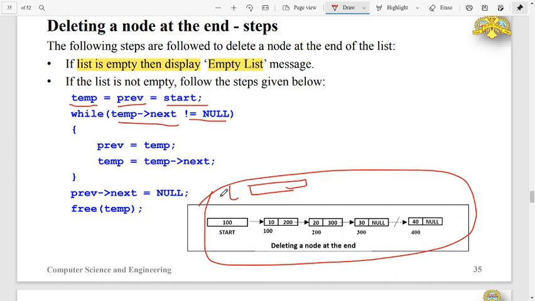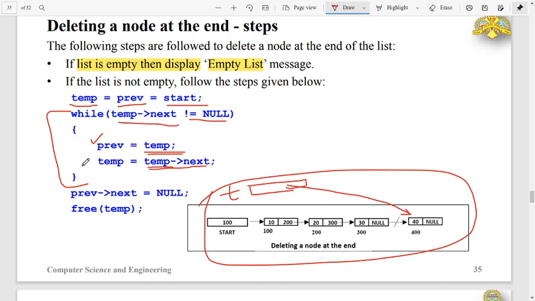So if this is temp, until temp next points to null, that is, until the last node comes, this while loop must be executed. While doing this, I will assign the current content of temp to the previous pointer and update temp with the next node's address.